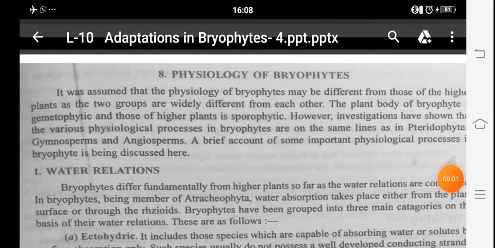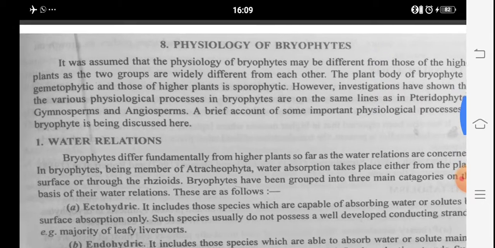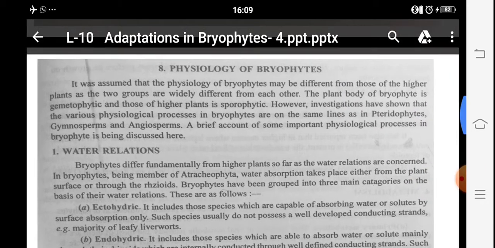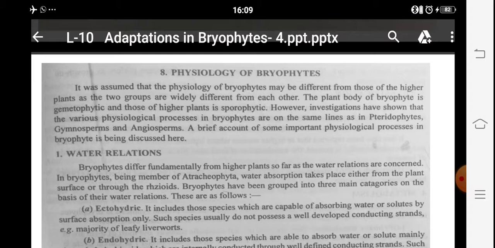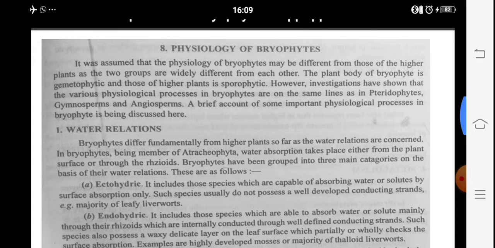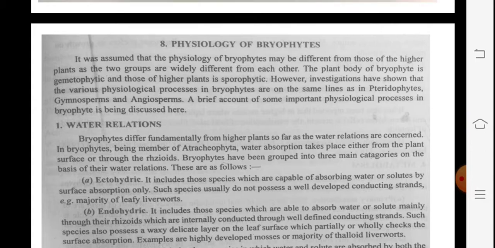Okay, so now one part still remains. It is the physiology of bryophytes. As can be assumed, the physiology of bryophytes may differ from that of the higher plants, as there are two wide groups. In bryophyta we know the gametophyte and the sporophytic stage is there, and therefore the investigation